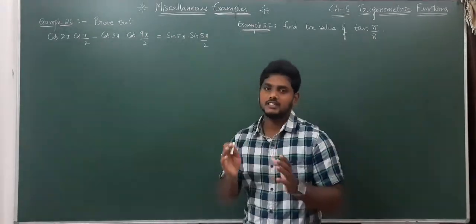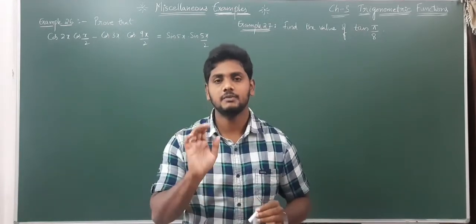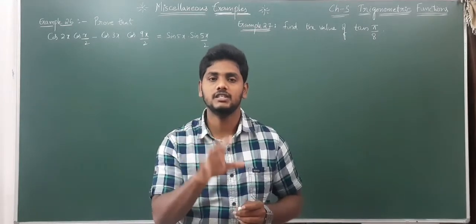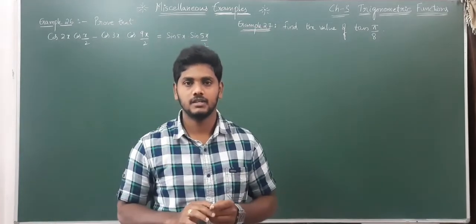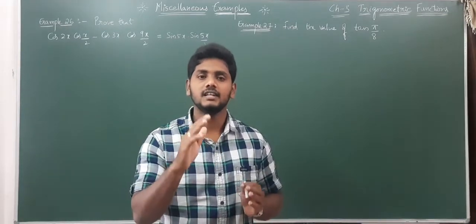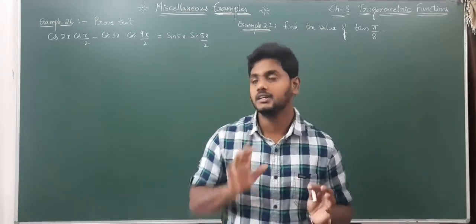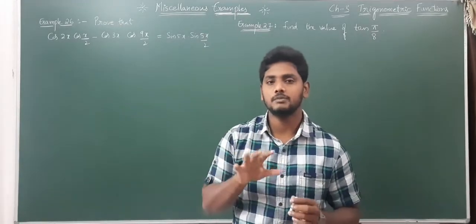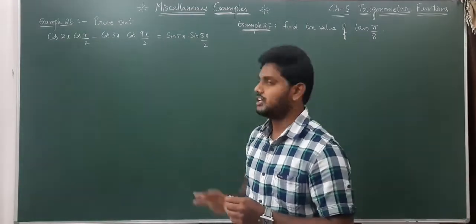When it comes to exercises, what is the concept before that exercise? Based on that, the exercise will be there. For example, take exercise 3.1. Based on radians, conversion of radians into degrees, degrees into radians, and the formula L equals r theta, the first exercise will be there. Based on that concept only, exercise 1 will be there. Like that, before the second exercise, whatever concept is there, the second exercise is based on it. But when it comes to the miscellaneous exercise and examples, based on the entire chapter, they will do some random questions based on some random concepts. So these are very important questions.